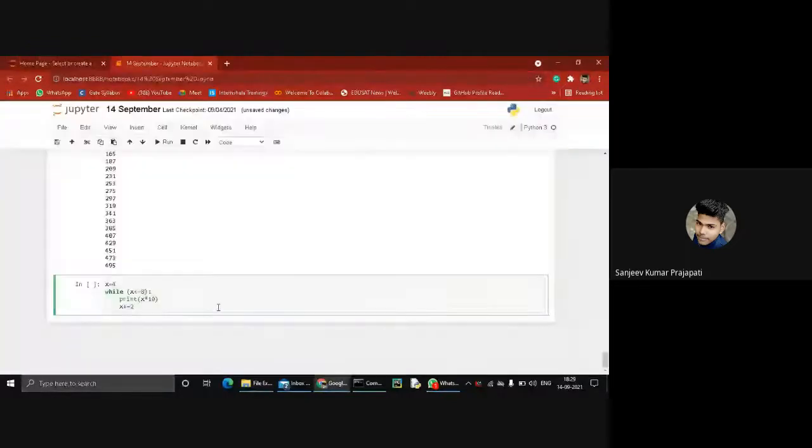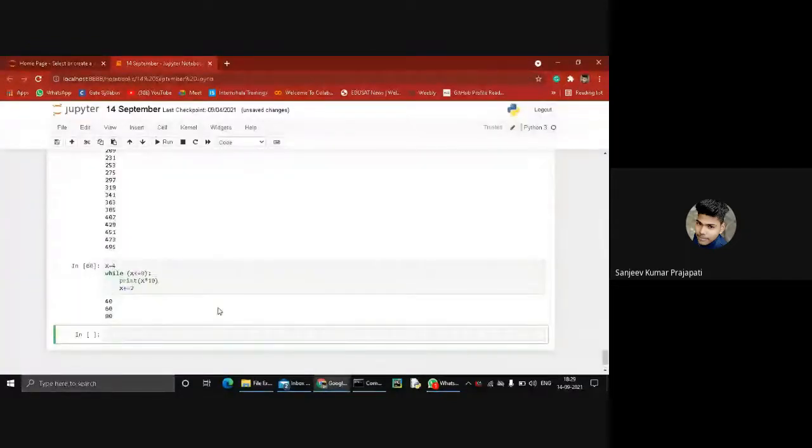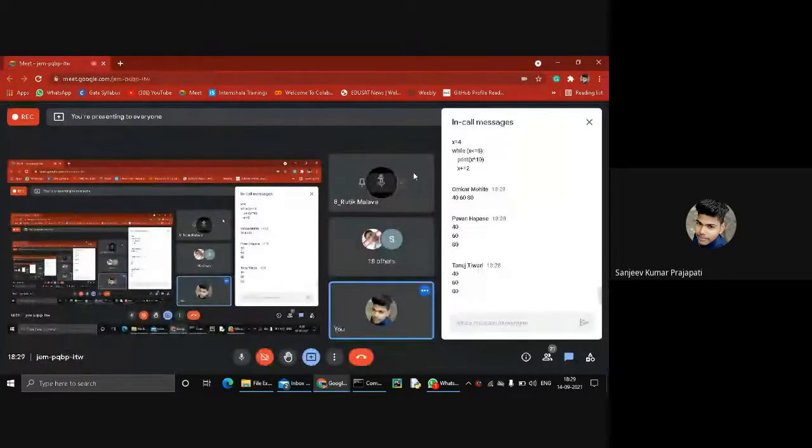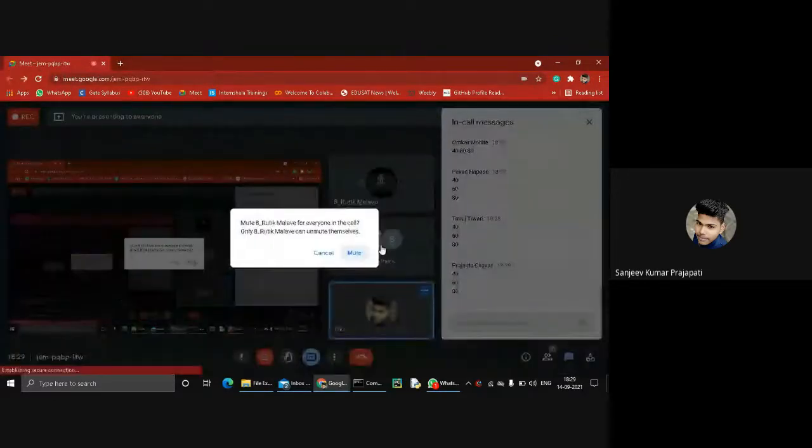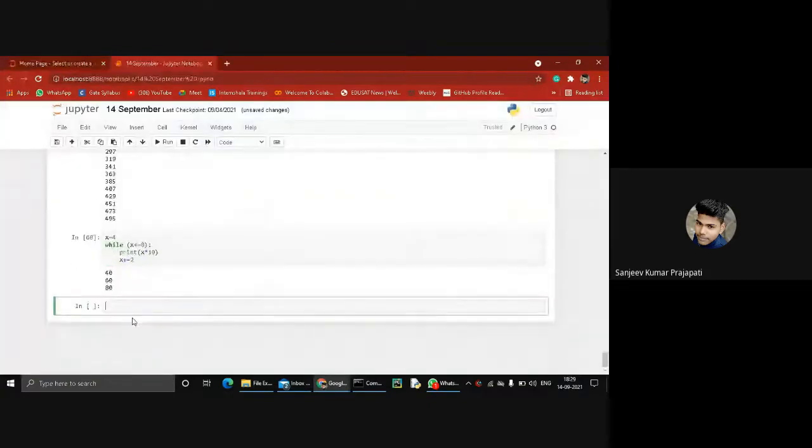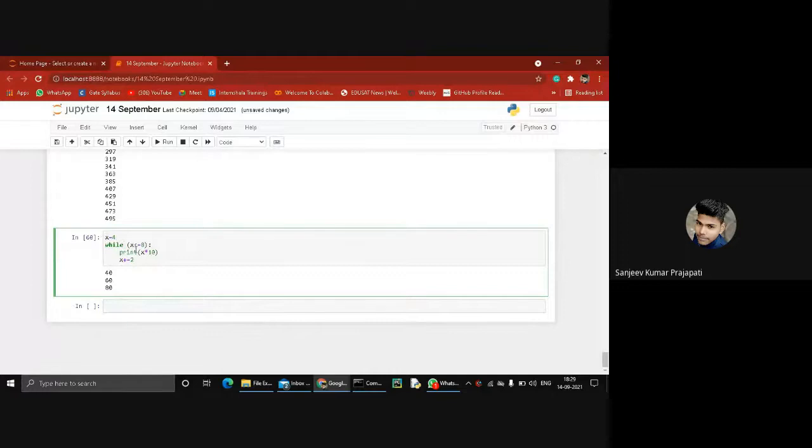Okay. So I just press enter and we get 40, 60 and 80. So how does it work? In the starting condition x equals 4. The first condition is true because 4 is less than or equal to 8. So it prints 4 times 10, which is 40.